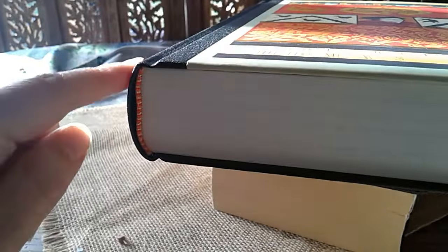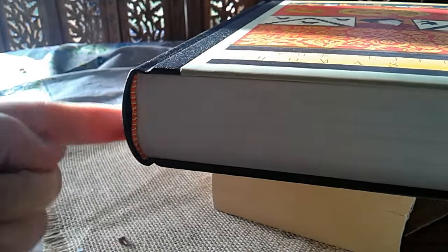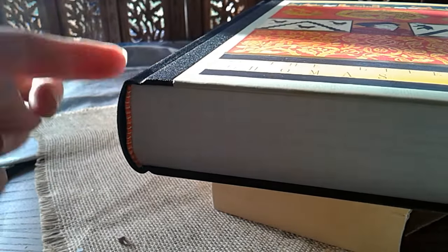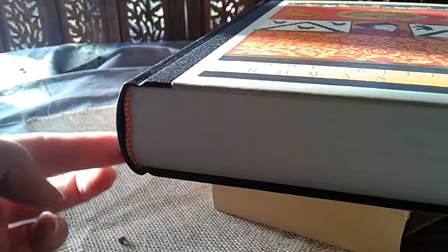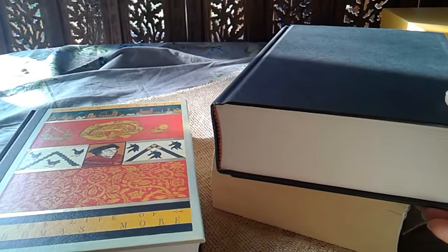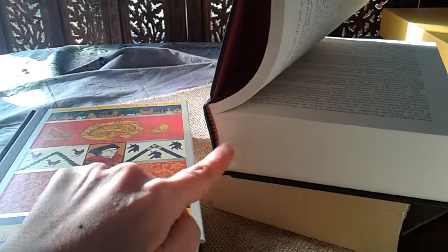As you can see here, this is a bit rounded. The cover of the spine is a bit rounded. This is called case binding, I believe. While here, the hardback is flat, right against the spine. But when you open it, it is not actually stuck to each other. Here, similarly, it's like that, except that